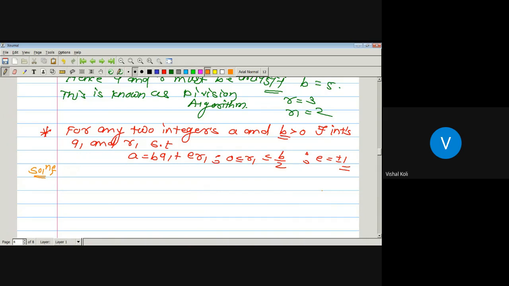So here b is greater than 0, and we have to prove that a is equal to bq1 plus e times r1, where r1 lies between 0 and b by 2